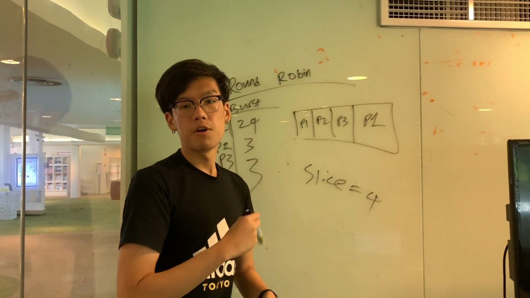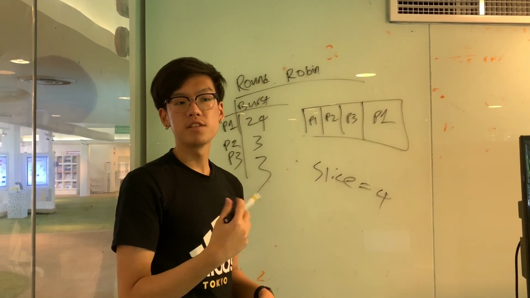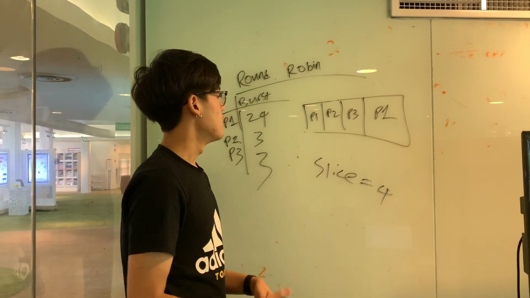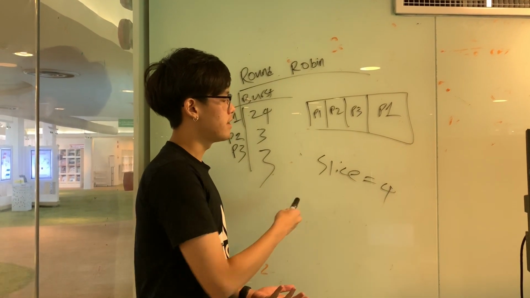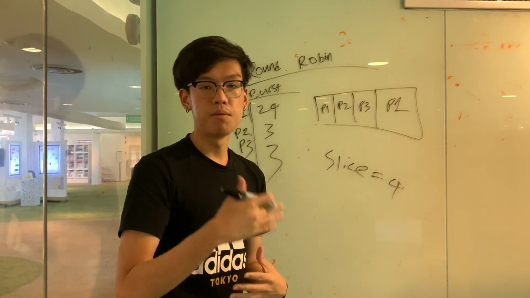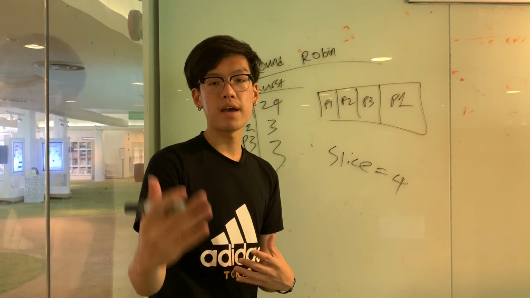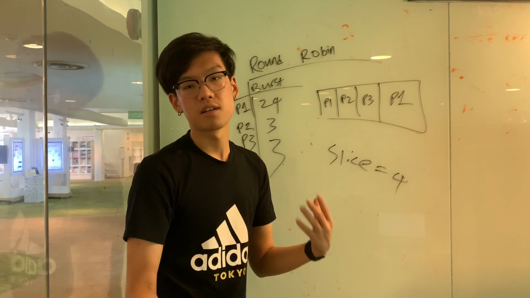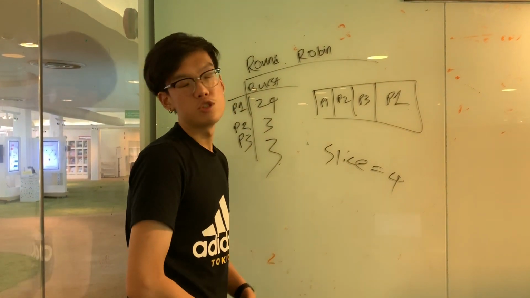Next, we will talk about round robin, or some would call it first come first serve with preemptive. What it means is that after every time quantum, a specific amount of time, the process has to stop and join back at the back of the queue, just like how first come first serve works. An example is shown here.